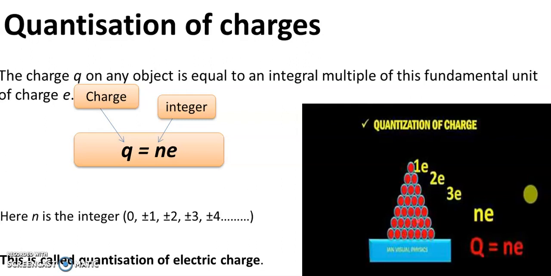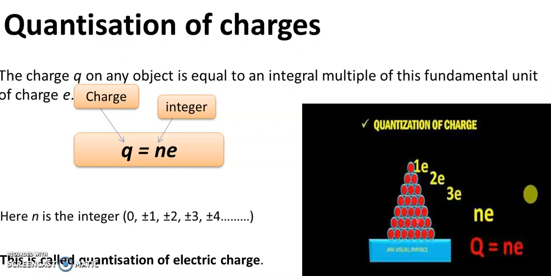Let us understand this concept better with an example. When we count people, we only count them as a whole integer number, like 200 people, 250 people, 3 people or 4 people. We never count, and we can't count them as 300.2 people or 12.2 people, because it is not possible. Likewise, charge can also be counted only with integral values, whole numbers. It cannot be 2.6 charges or 5.6 charges. It is not possible.